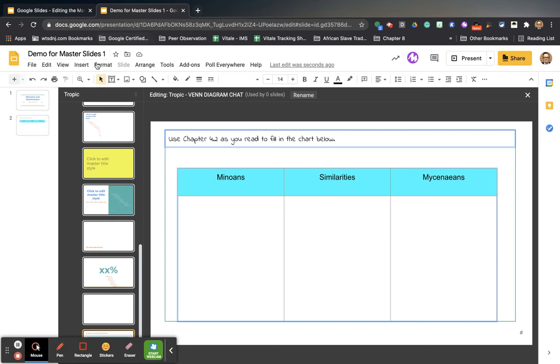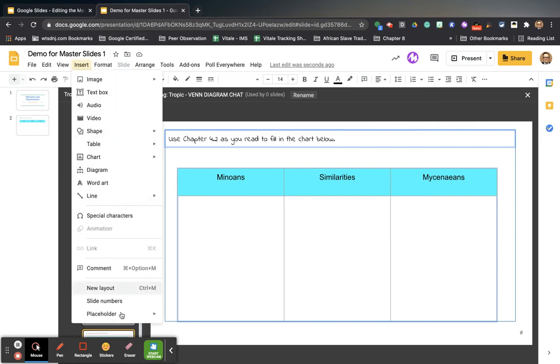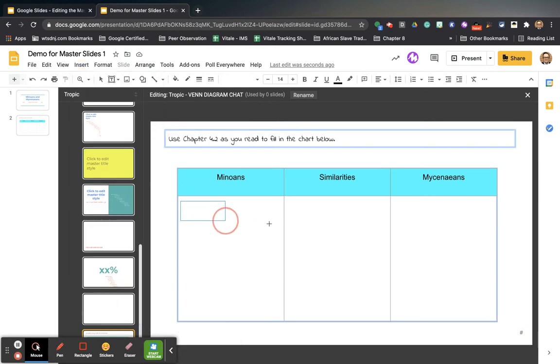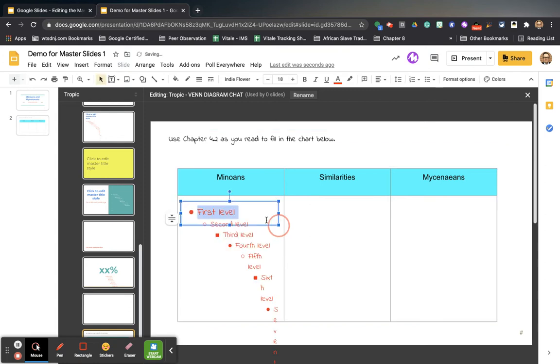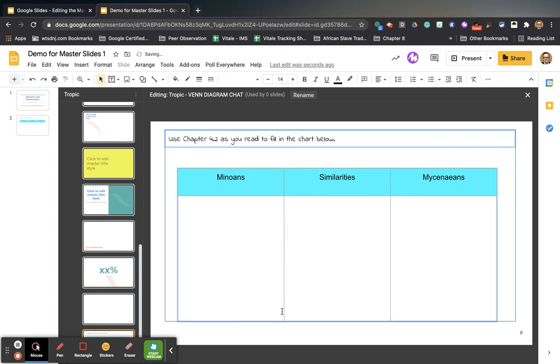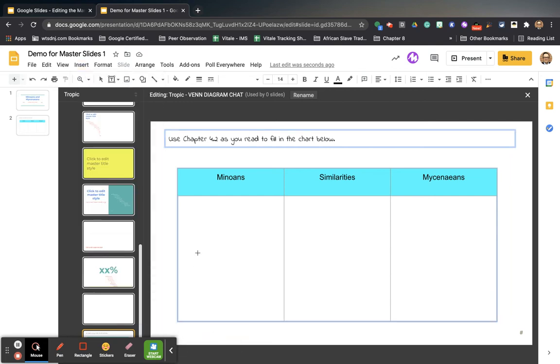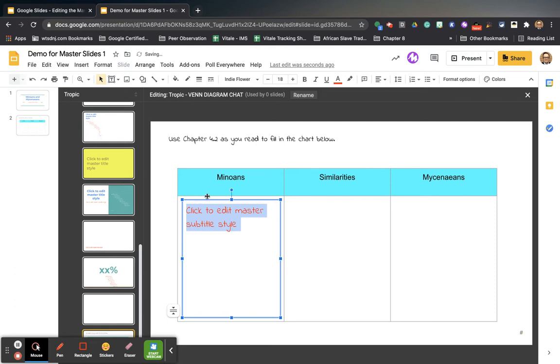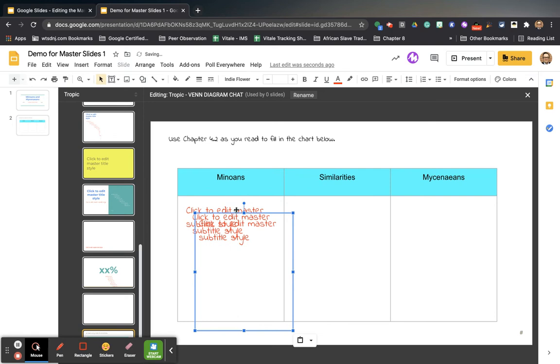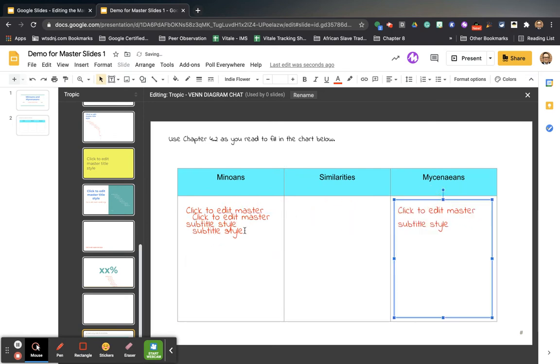I'm then going to add placeholder text. So I'm going to go to insert, placeholder, and we're going to do body text. And we're going to put this right here. Okay, and you'll see it's going to put all those levels in. You also could use, which is actually what I like to use, Subtitle. The reason we're using Subtitle is it's going to give an entire box, and then it will be filled right in. It'll say click to enter text. I'm going to copy these, and then I'm going to move them to the representative areas, and then when I click done,